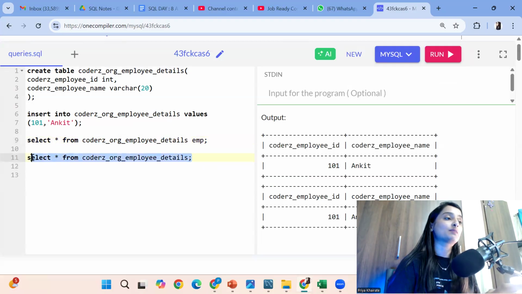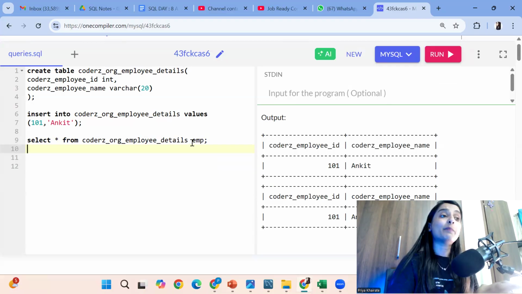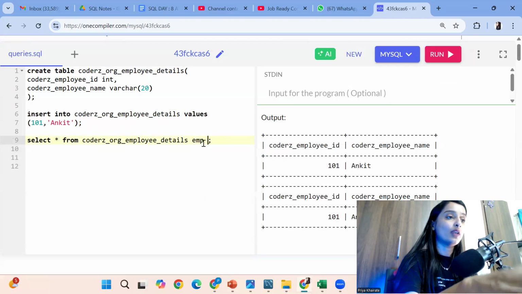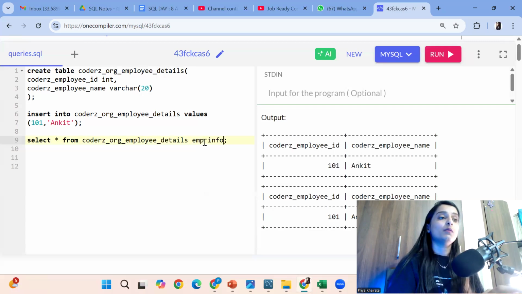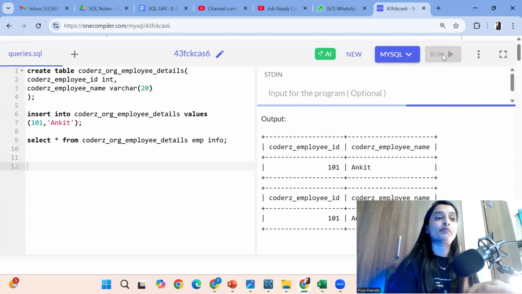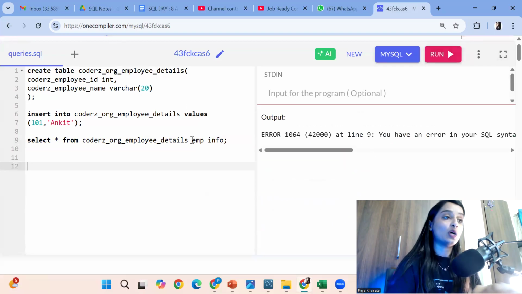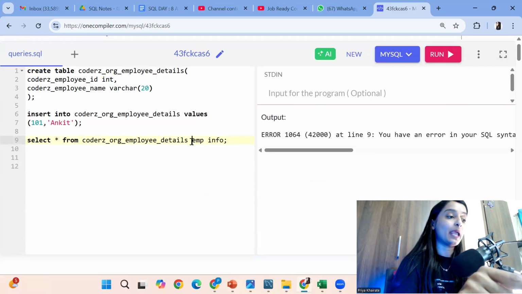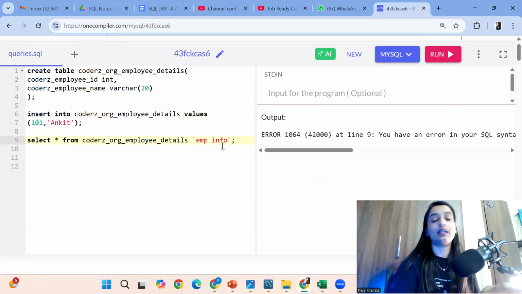So, do remember this. Now, let's say the temporary name I want to give is employee info, like this, with a space in the temporary name. Now, if I run the code, I get an error, because whenever you want to give such a temporary name, a backtick is a must, guys. You have to make use of a backtick like this.